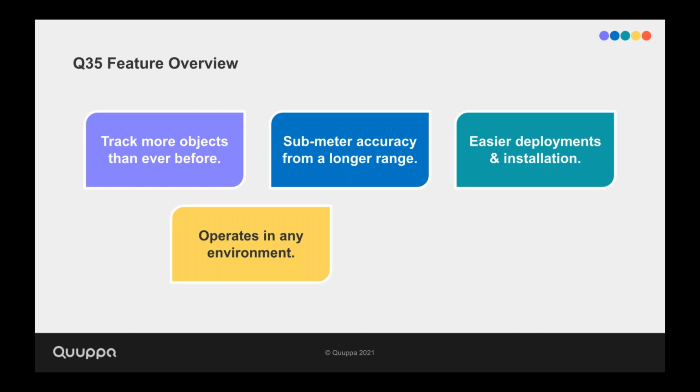So, operation in any environment: we're talking about indoor, outdoor, and anything in between. The Quuppa Q35 locator holds an IP66 classification, which allows it to be used in outdoor environments without compromising the structural integrity of the device. It also includes more sophisticated radio filtering characteristics, which enable the device to coexist with new mobile LTE networks. We've also included a functional implementation in the form of an extraction valve, which allows for sustainable performance in extreme conditions, for example where rapid changes in temperature may affect the internal mechanics of the device.